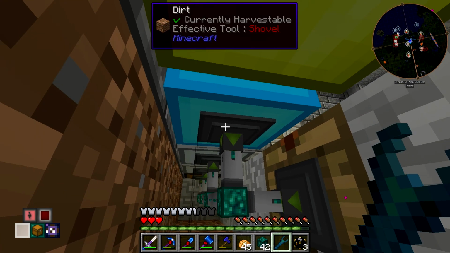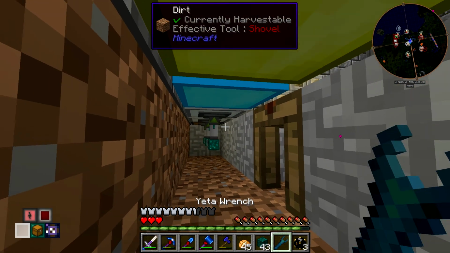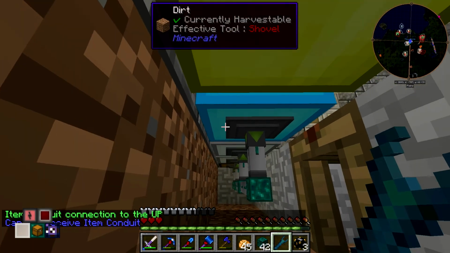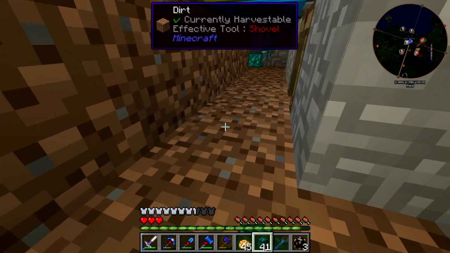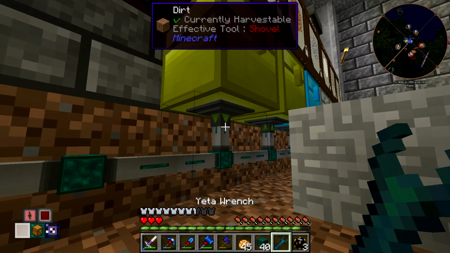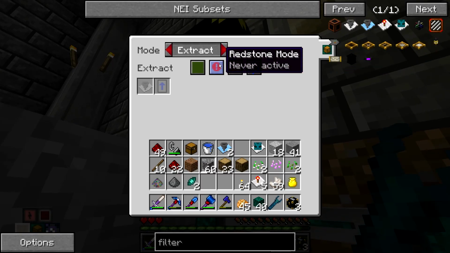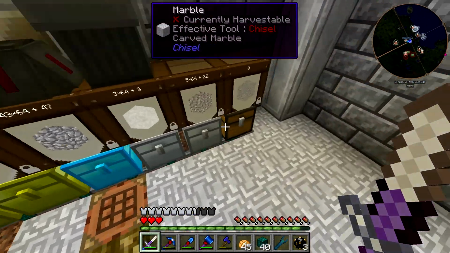Don't need to do that. I see it connects to that as well. And then we'll put this, I guess that's west, disabled. This up, insert, and two more, or just one more, nope, two more. So once these are all on insert, obviously that means items can go into them from this ender chest here. So we're going to put this on extract and always active. So again, we're going to dump all of the stuff we need to, and it'll go eventually into all of these